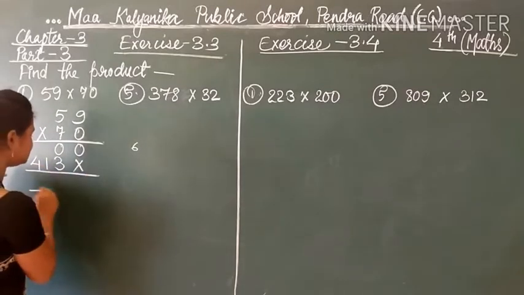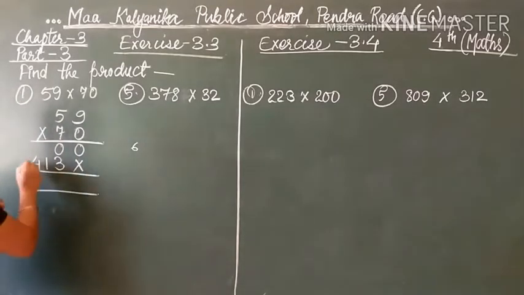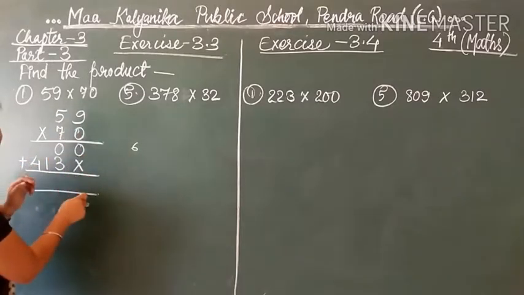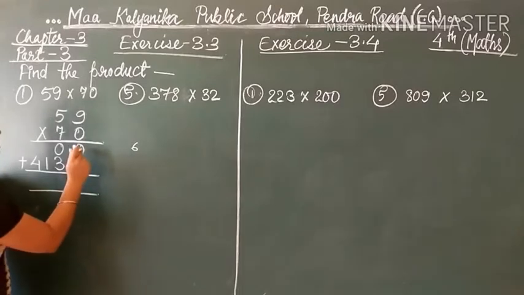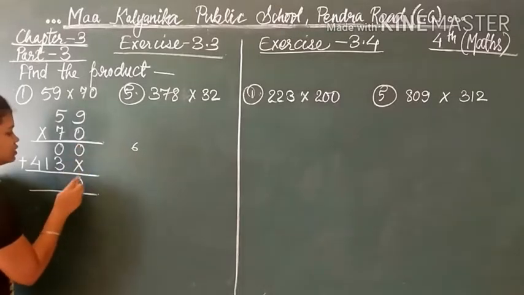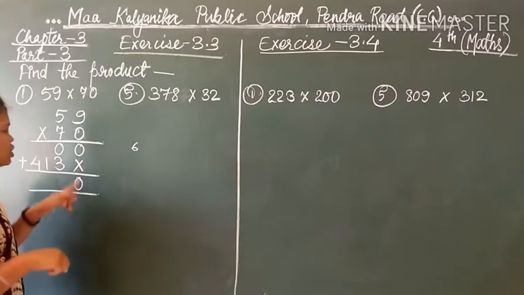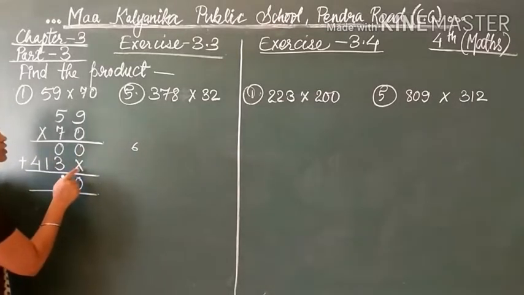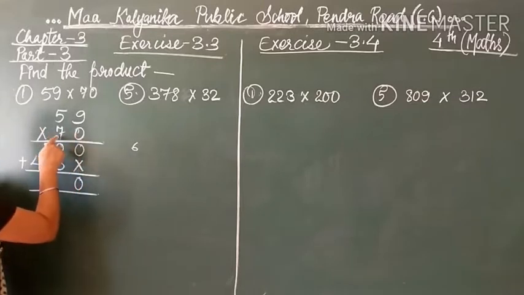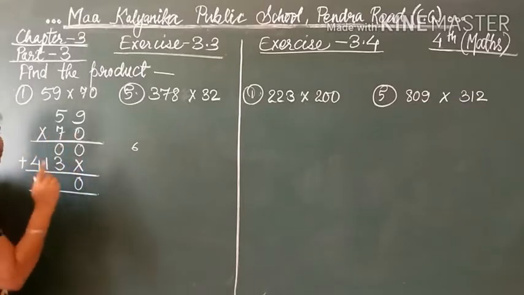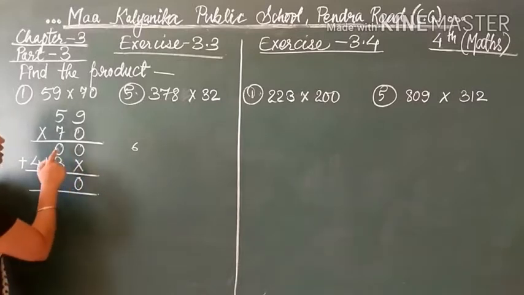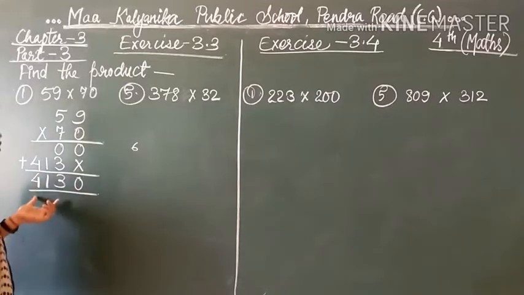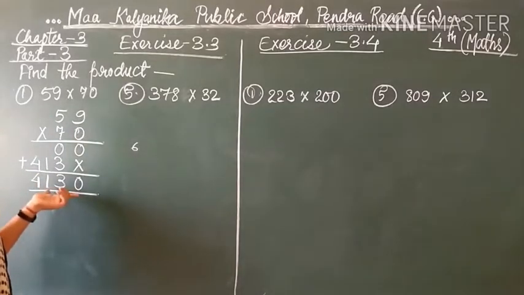After solving this, students, you have to add these two lines. If it is a 3-digit number, we will get 3 lines here. Okay. So see students, 0 plus 0. This is not a multiplication sign, this is a cross. Or you can write 0 also. Don't forget to put the cross or 0 here because we are multiplying the second digit. So that's why we have to leave one space. So now 0. Then 0 plus 3 is 3, and 1, and this is 4. So 4130 is the answer received.